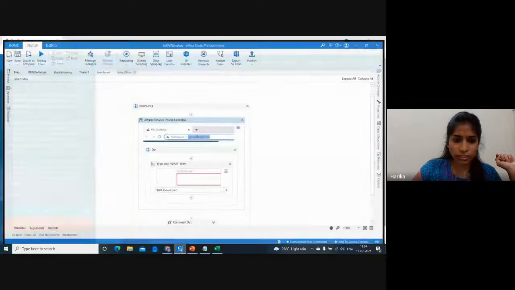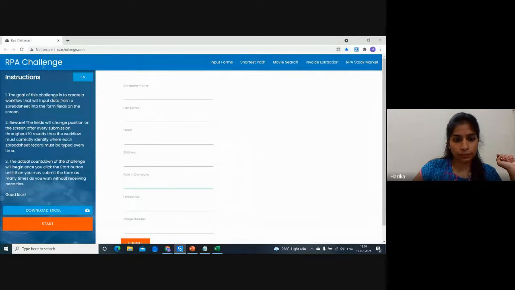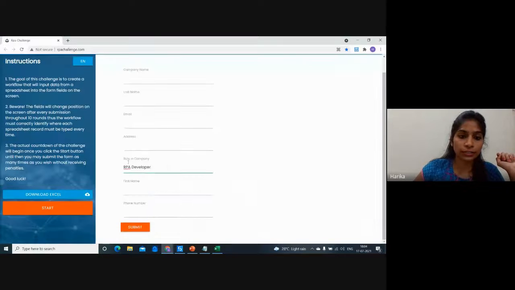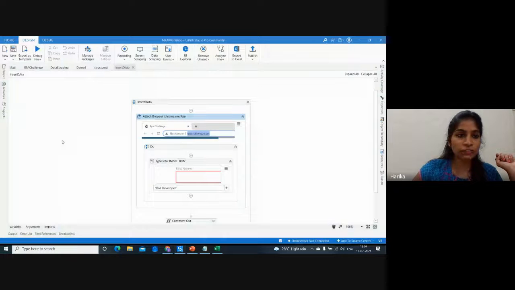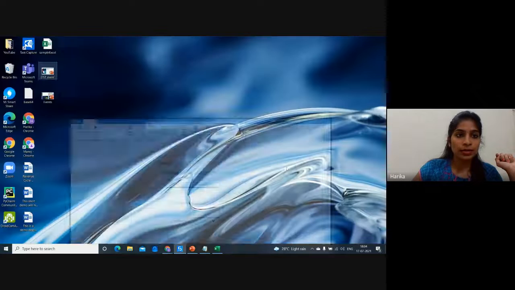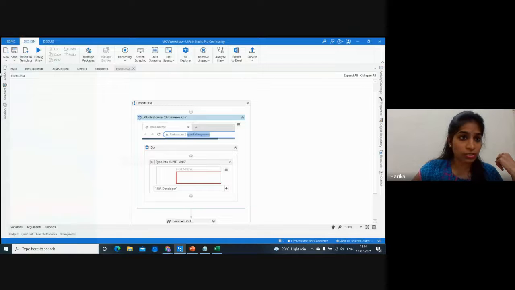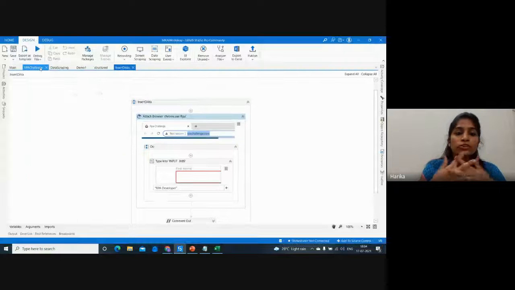So let's check what the issue is. Let's try again. It has taken it, maybe I was moving my mouse, that's why it got disturbed there. So I will say submit, and now it has to type in over here. Let's check if it's working fine in this case, and then we are going to move into the next part. Okay, maybe I have interrupted it. Let's see if it's working. I'm going to take off the control. Okay, so it has worked perfectly fine, right? So that's how we can do it.